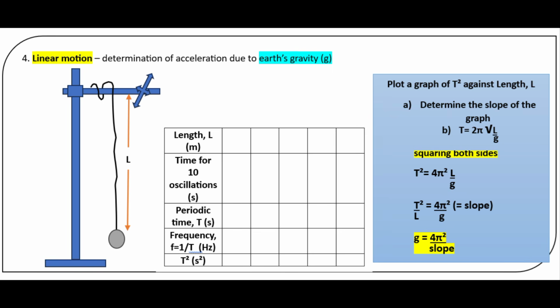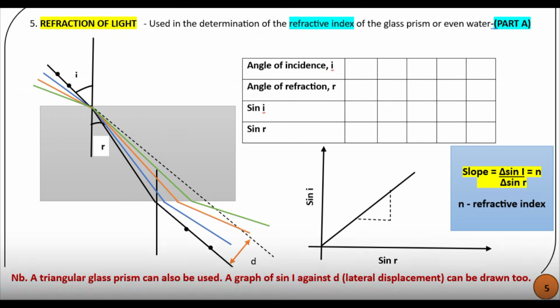And that simply tells you that g, which is the pull of gravity, will be given by 4 pi squared over slope. So that means g will be given by 4 pi squared divided by slope, because you know T squared over L is the slope. And if you cross multiply, then g will be 4 pi squared divided by slope. So that is the fourth topic on linear motion, where you are determining the acceleration due to the Earth's gravity. We go to the next topic,